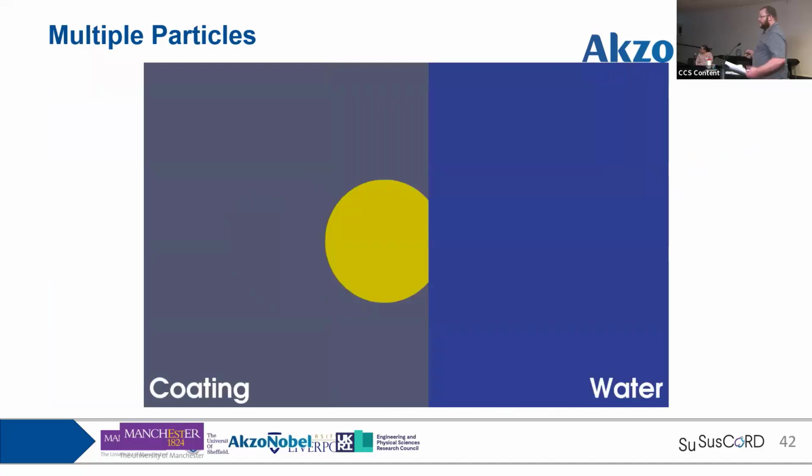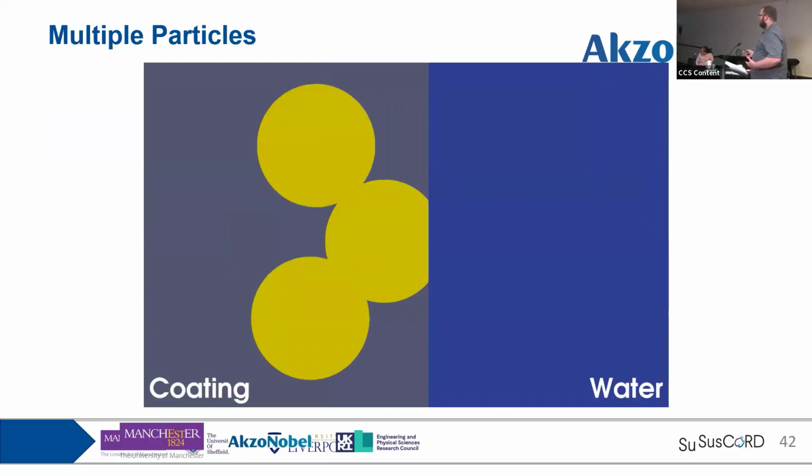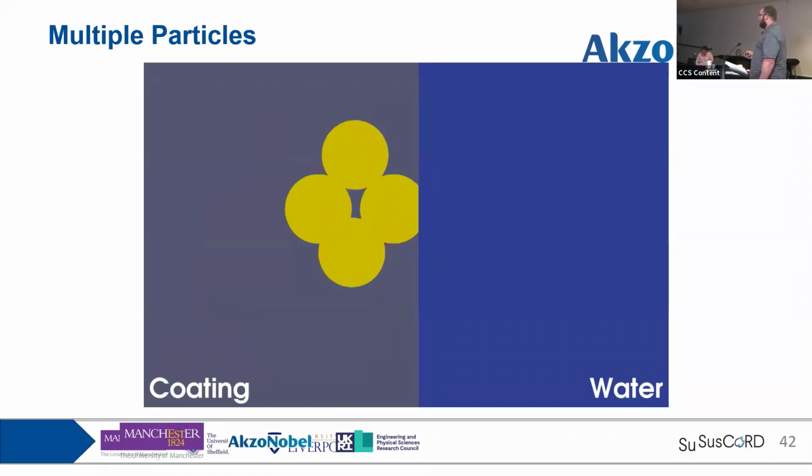So we don't expect these inhibitor particles to exist in isolation, so we expect we're going to have more touching in different directions, and this means we now have to split our boundary, and then we may need to rejoin our boundary if there's another inhibitor particle. But we don't expect there just to be one particle touching where the crack is and where the water's got in, so we may have more, and that may be connected to more particles and more particles, and then there'll